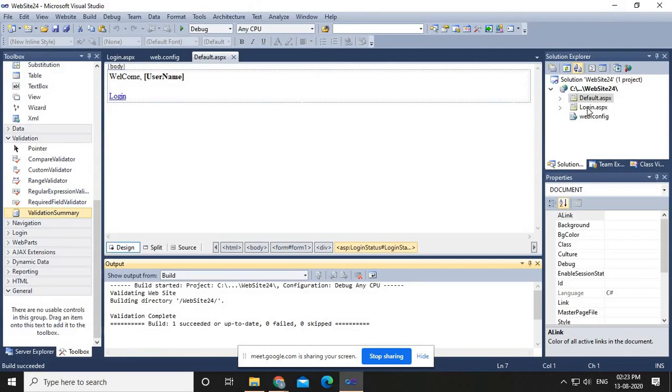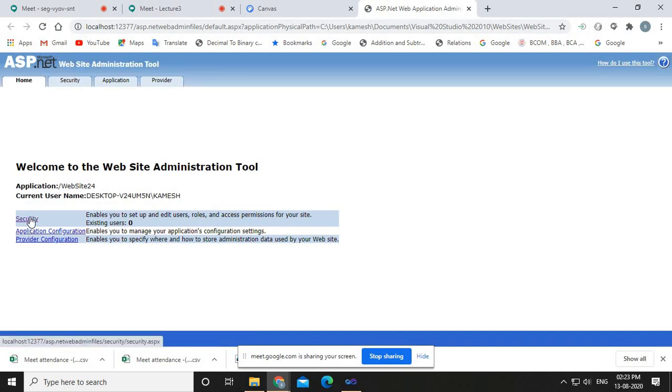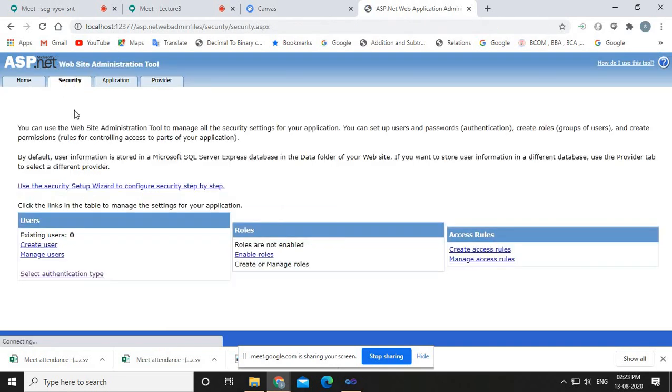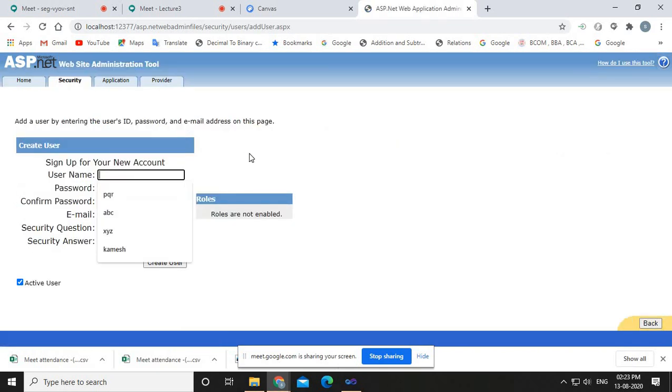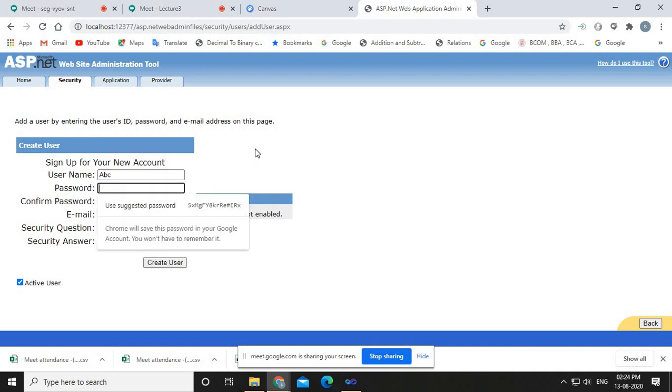Fine, so for that, again I'll open this ASP.NET configuration tool, and I will go to the security. Okay, you can also click here to expand the security tab. Then here the link is given, create user. So what you need to do is just click here, create user, and I think in the last lecture we have done a detailed discussion on how to create the user, right? So I'm just creating ABC,